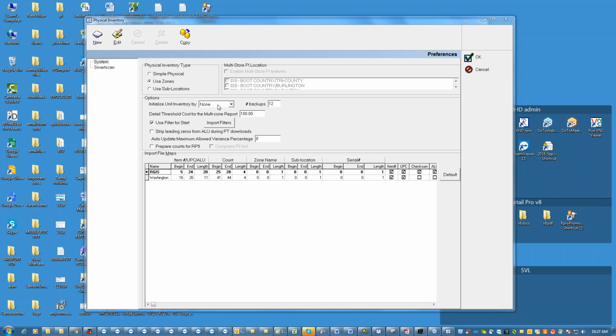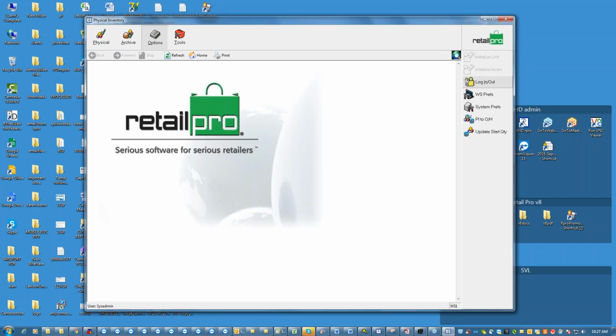They have to do with the type of scanner you use, and if you need to discuss those, we should probably do it individually. But whether or not you're using zones or plain simple inventory is what's important here. All right, so you're as ready as you'll ever be. So now is the time to